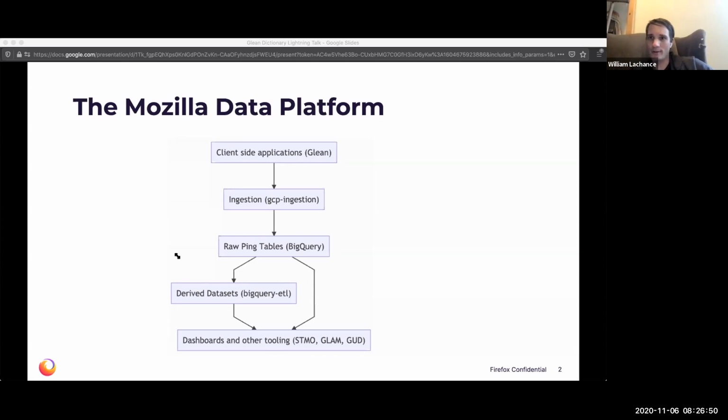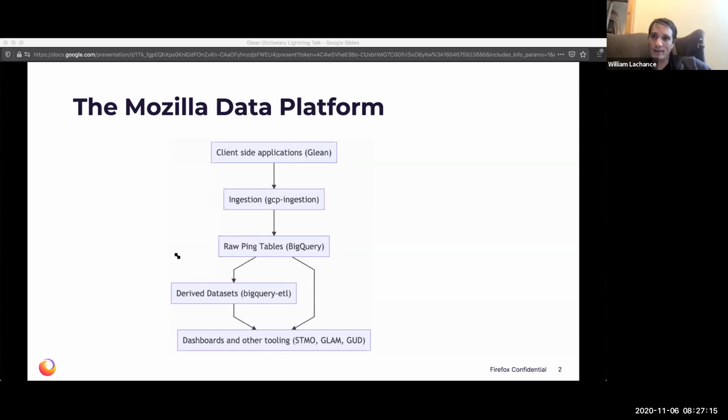So that could be Firefox, or more recently, projects using the Glean SDK, like Firefox for Android or Lockwise or whatever. And then these applications submit telemetry in a specific form to our servers, and then that's ingested using a set of software which we call GCP ingestion.